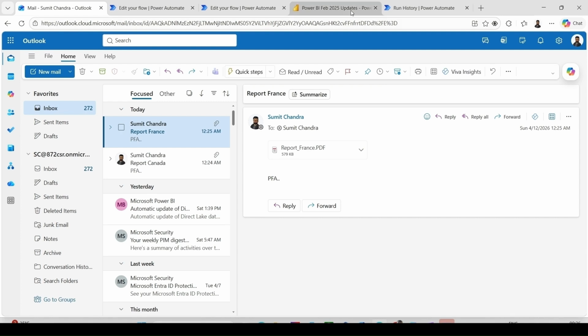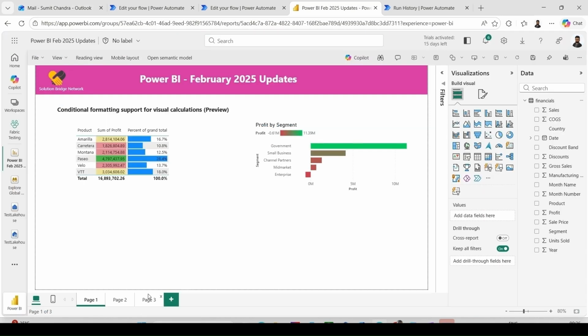For the same we have two options. Either we can hide the other pages from the report if those are not required from the reporting perspective as well. Now let's assume that other pages are required from the reporting perspective, but in the extraction of PDF we required page 1 only. In this case,